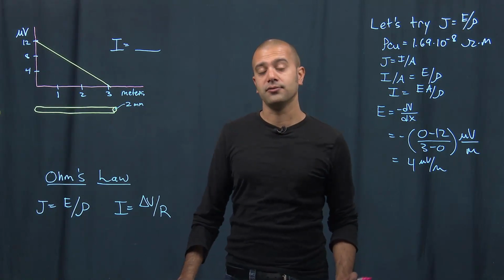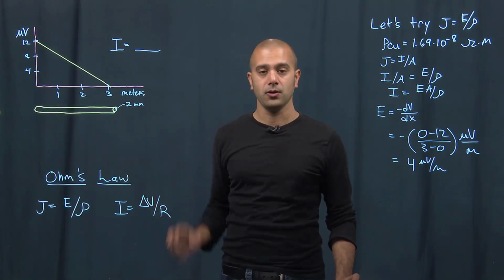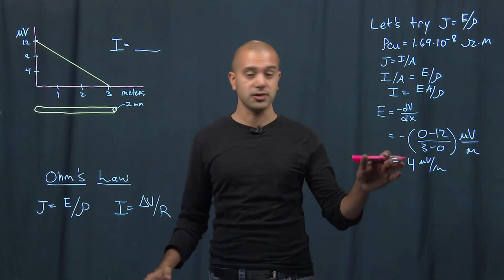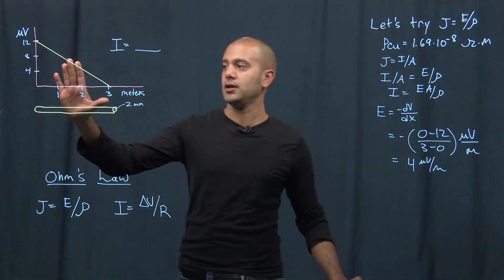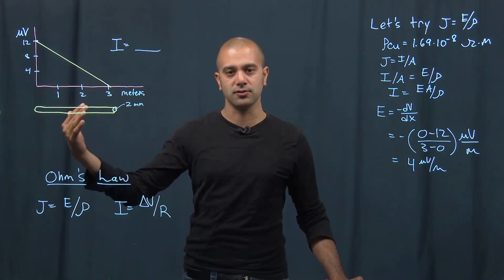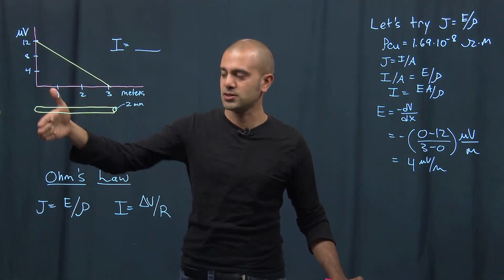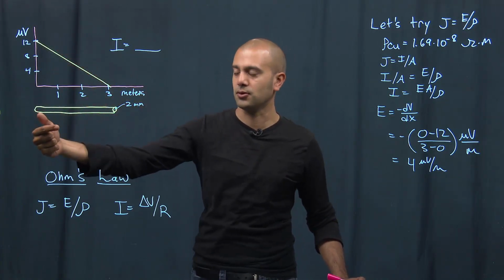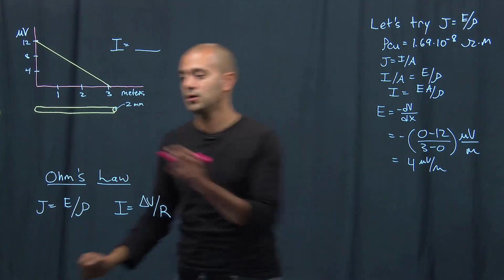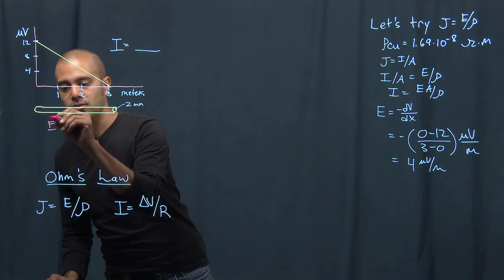First, let's look at the field. The field points in the rightward direction. We can see this in two different ways. First, it's a positive quantity, so it's pointing to the right. More physically, the field always points in the direction of decreasing voltage. So we have a higher voltage on this side and a lower voltage on this side, and at every given point, the voltage is decreasing, so the field will always point in the direction of decrease. So the field will point